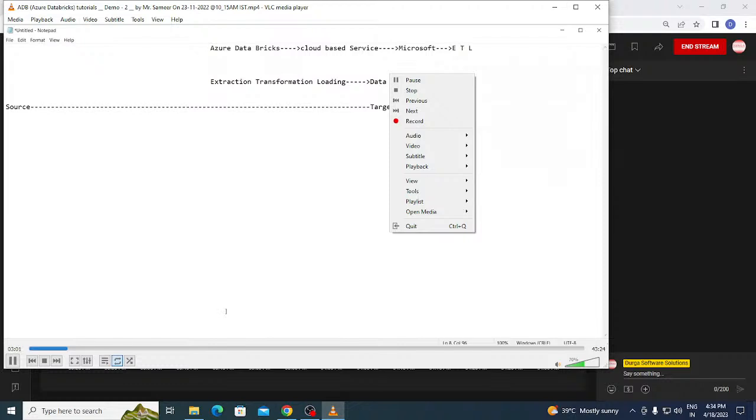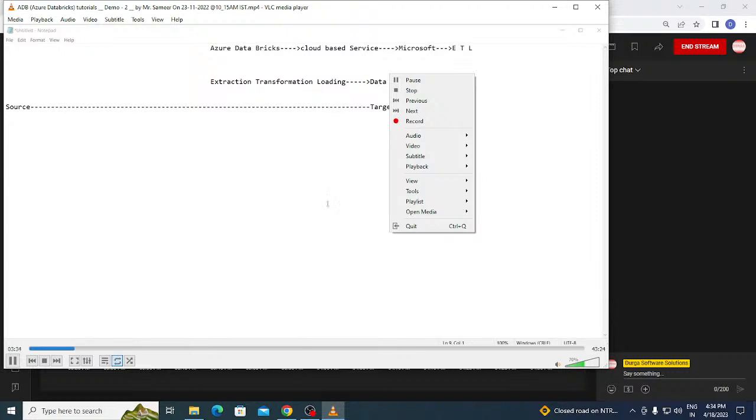Now, what do you mean by source? What is the source of income? The place from where we get the money is called a source of income. In the same way, the place from where you get the data is called the source of data.